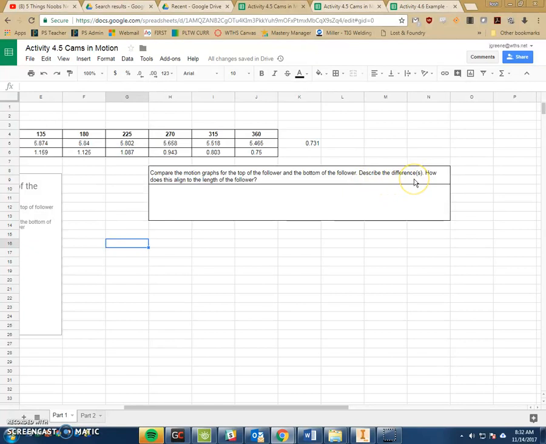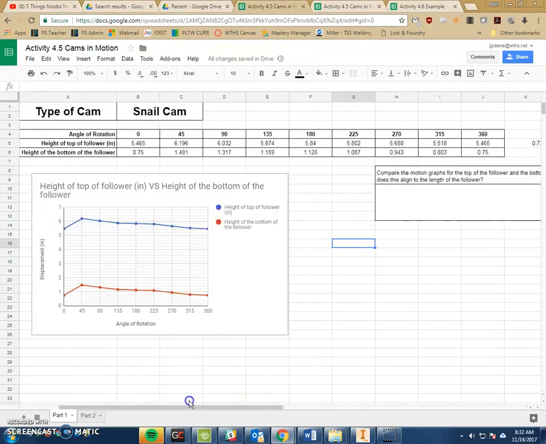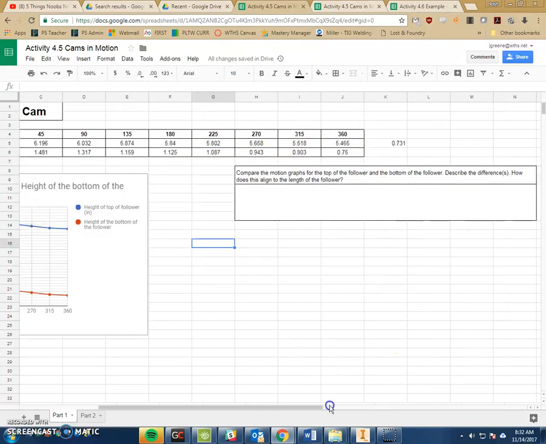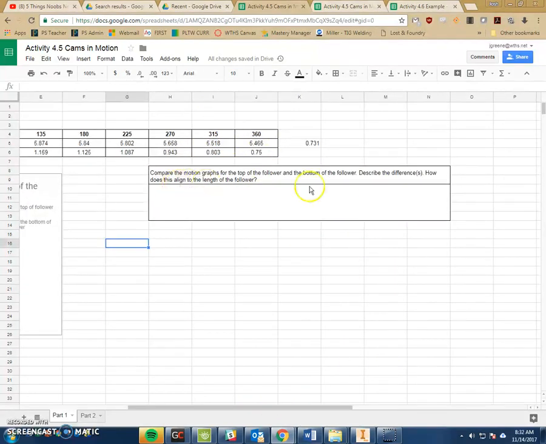Describe the differences. How does this align to the length of the follower? So essentially, describe the difference that you see at each one. At 0 degrees, what's the difference between the height of the top and the bottom? At 90 degrees, what is it? Compare the differences, and then how does this align to the length